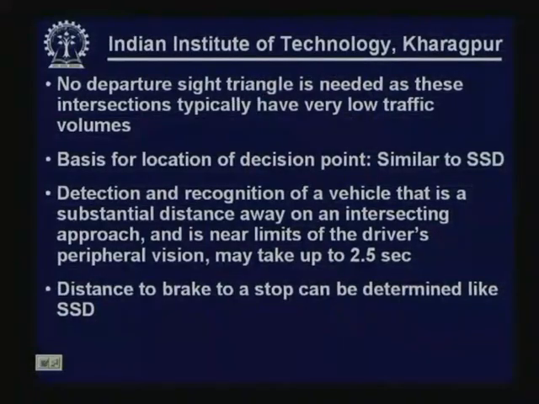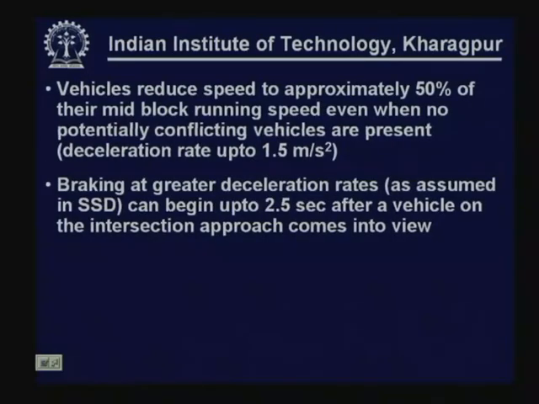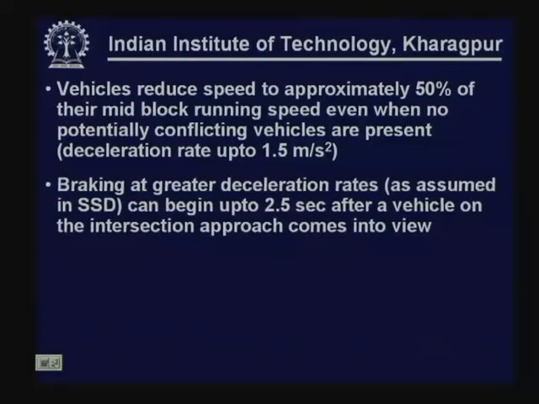Then how can one calculate the stopping distance? That means the distance to brake to a stop can be determined as it was determined for the case of stopping sight distance. Now, here one must remember some very important considerations that make it different from the calculation used in stopping sight distance. Vehicles reduce speed to approximately 50% of their mid block running speed even when no potentially conflicting vehicles are